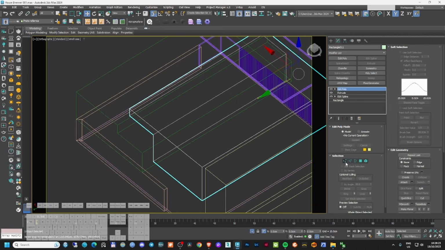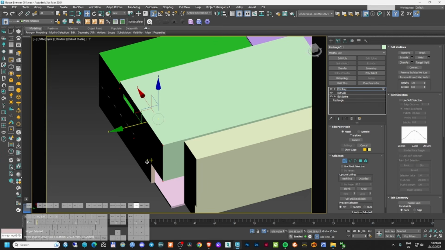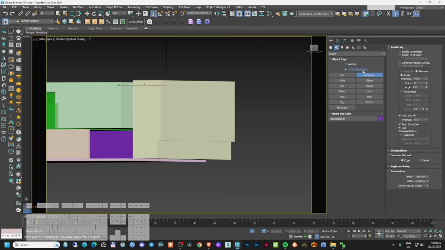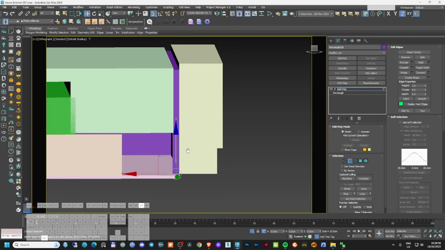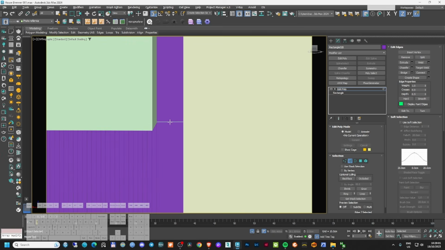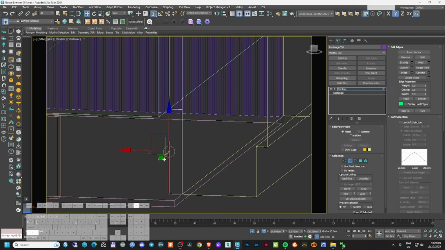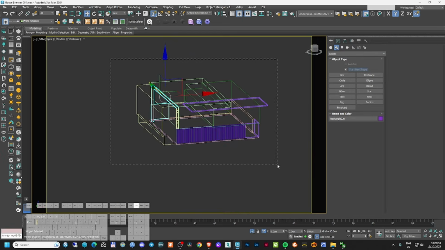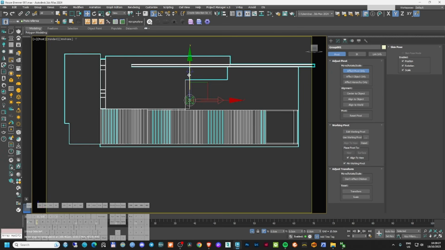Let me just apply quick editable poly to this to extend the whole thing till here. And then all of this can go down. Here I can add another face, another sweep. This can go this, and then we can close the whole thing here. Okay, that is fine. And now I can group all of this, change the pivot for the whole thing with here. Now if I want to scale it,